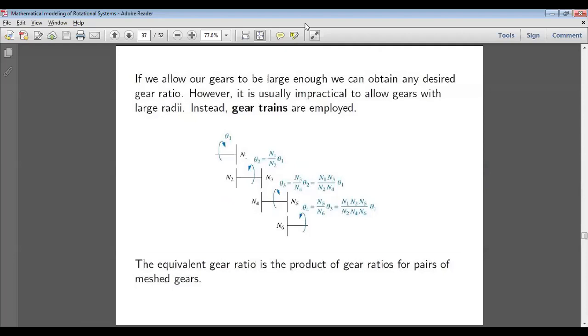Let me put it this way. Let us say this is torque T1 that is applied on this shaft. So how much torque are you going to get here? Let us say this is T2, T1 by T2 equal to N1 by N2. Let us say this is the torque you are having here. Let us say I want to get torque here. What is the relationship here? T2 by T3 equals N3 by N4. This is the relationship.